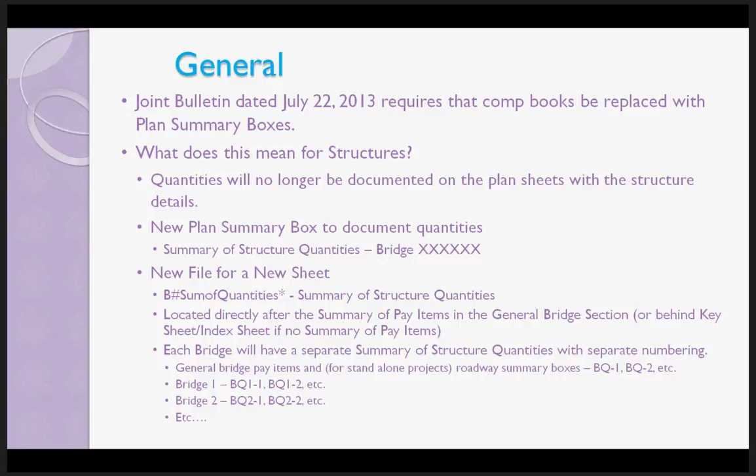There's only one that really pertains to the structures, and it's got some new files, and you've got new sheet numbers, and there's a lot of things that are happening here. As far as the new file naming convention goes, it is B, the bridge number, sum of quantities, and it is the summary of structure quantities sheet. We have added this into the Create Edit program, so I'll be able to show you that this morning and